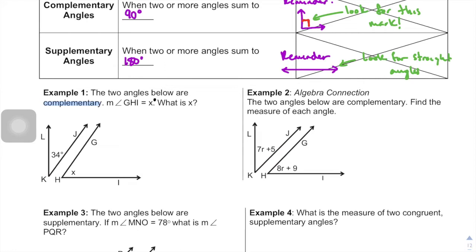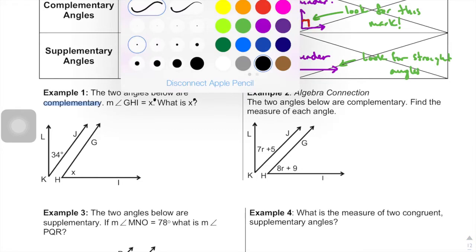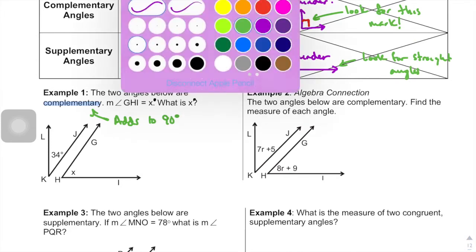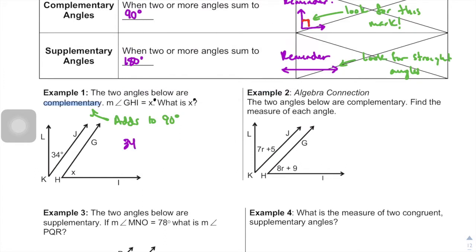What is x? So if we know that they're complementary, right? Complementary to us means adds to 90 degrees. So that means the two angles, the 34-degree angle plus the x angle, should add up to be 90. That's going to be our setup here. So then when we solve, right, I'm going to subtract 34 from both sides. X turns out to be